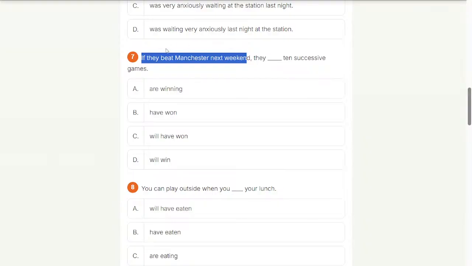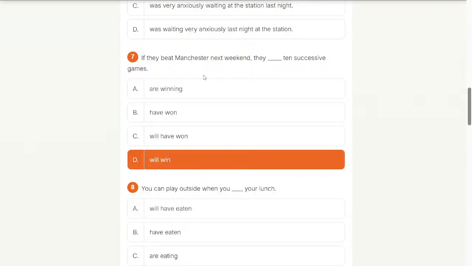So if a condition meets its requirements, something will happen. So if they beat Manchester next weekend, they will win 10 successive games.